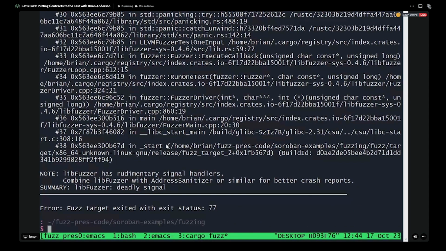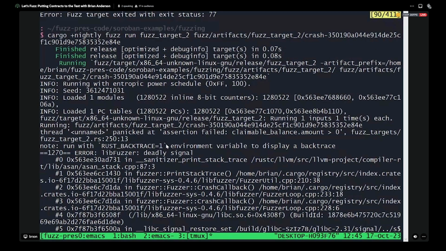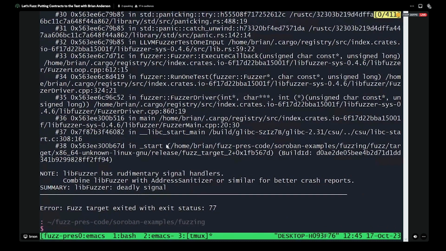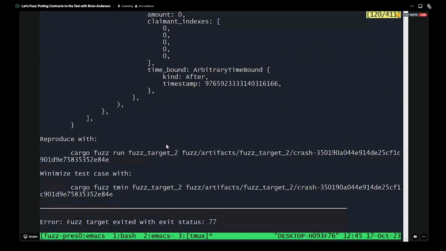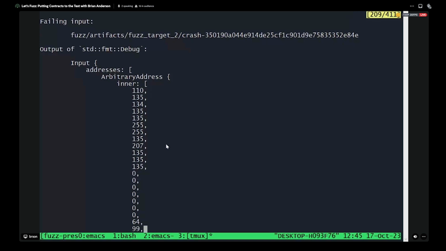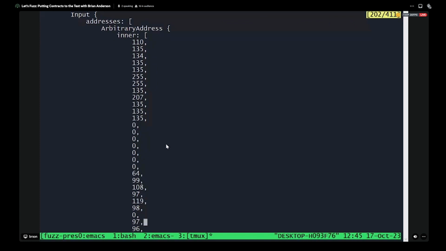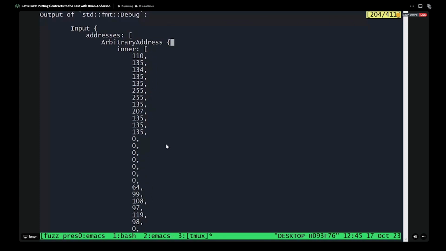This is just going to find that exact same error over and over. One thing to note is that when I do the repro, I don't get that big brain dump of all the inputs at the end of it. This repro only shows me the backtrace. That's kind of unfortunate. In the original run that we found the bug, this output here, which is the input to our fuzz tester, is very useful information, and you're not going to get that again as you do the repro. In this case, I don't think this information is going to help us, but in a lot of cases,